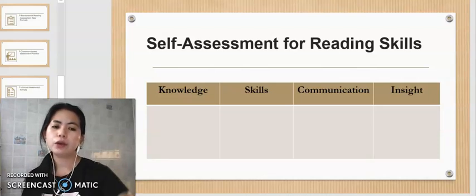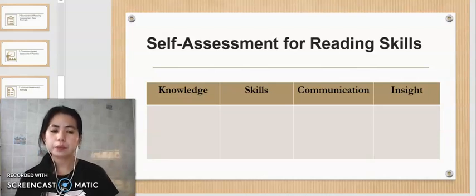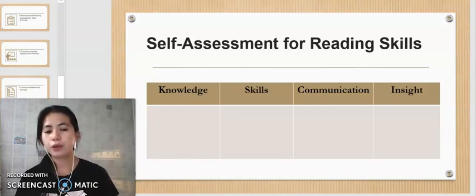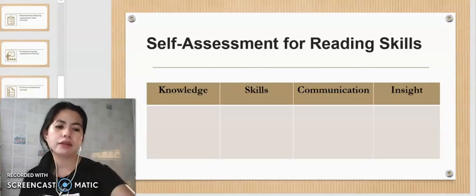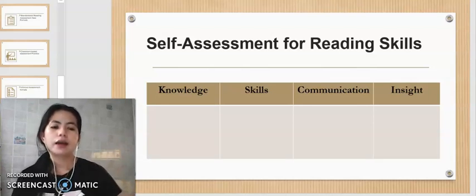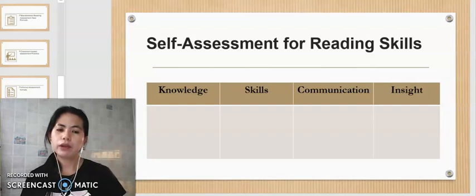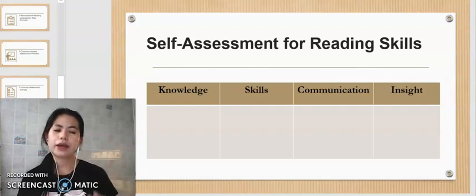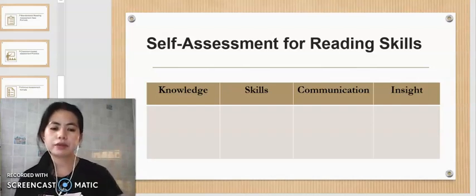For communication, the students can write, am I able to answer teachers' questions after reading a story? And for the insight, the students can also write, how can I read faster and understand the story better?